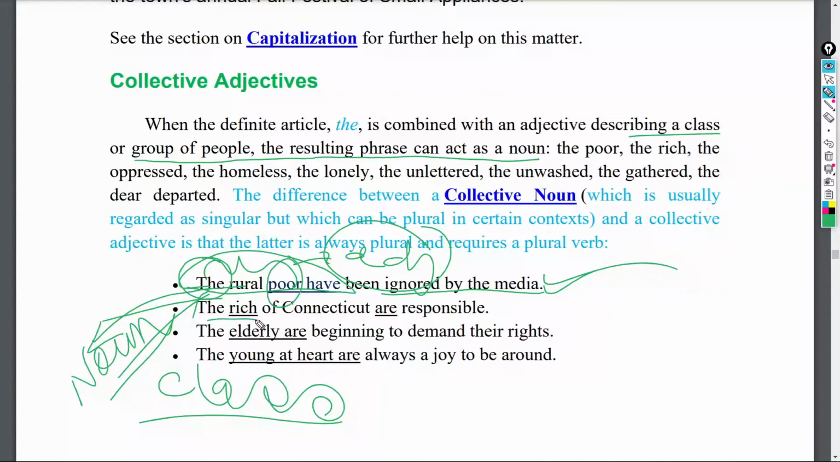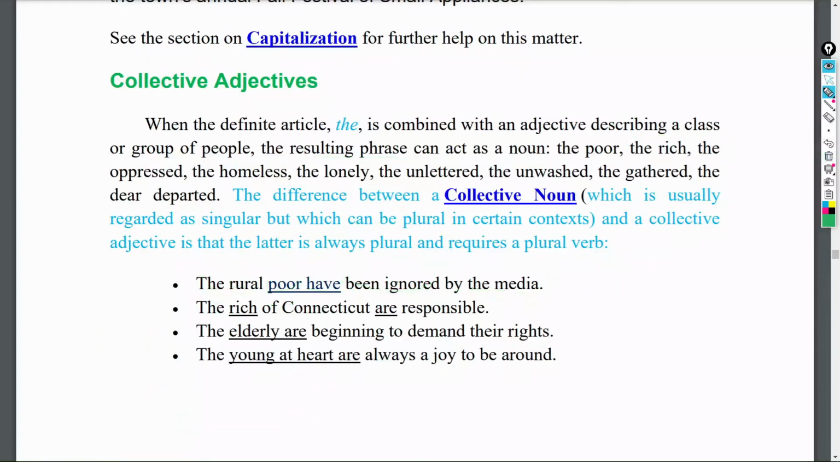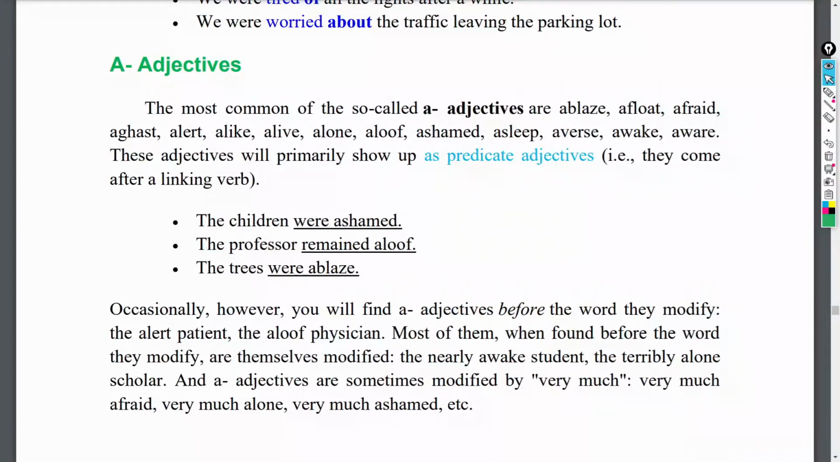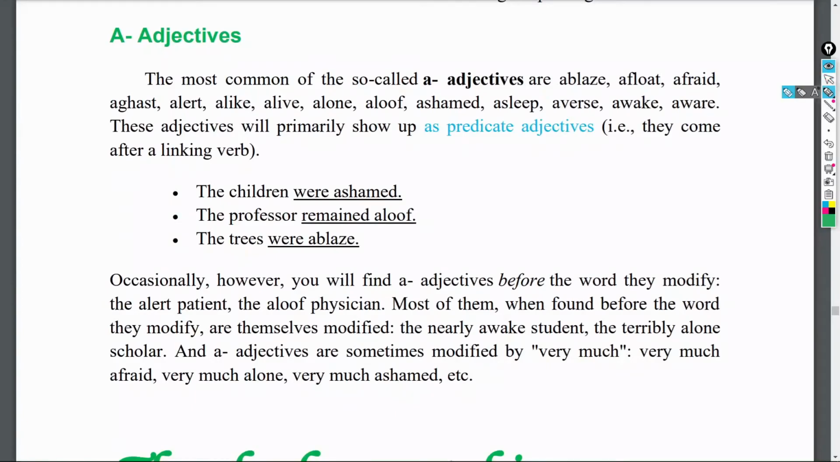So in the similar manner, the rich of the Connecticut are responsible. The elderly are beginning to demand their rights. The young at heart are always a joy to be around. Therefore, let us continue. So this one is important, my dear children, a-adjectives. तो ये देखिएगा, तो आपका ये जो बेस आपका होगा अभी, ये बेस से आपको कोई दुविधा नहीं होगा. ऐसा वर्ड जब अक्सर आपको मिलेगा तब आपको कभी कंफ्यूजन दुविधा नहीं रहेगा,